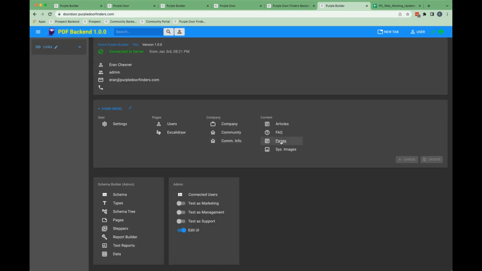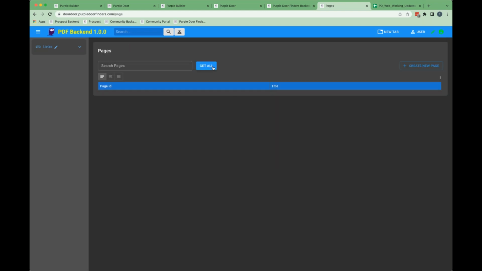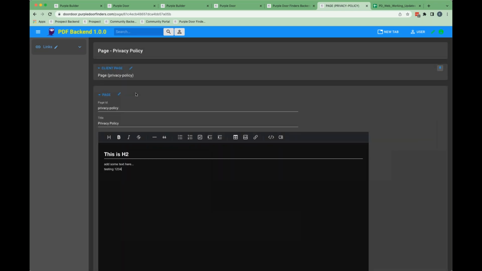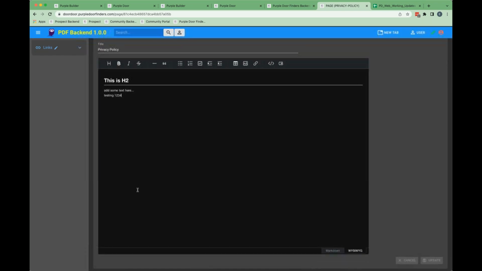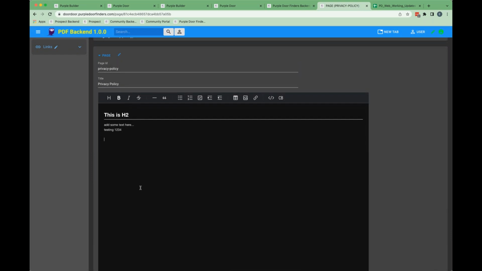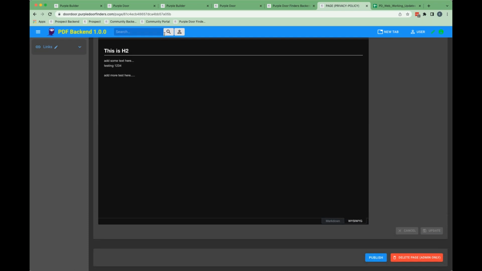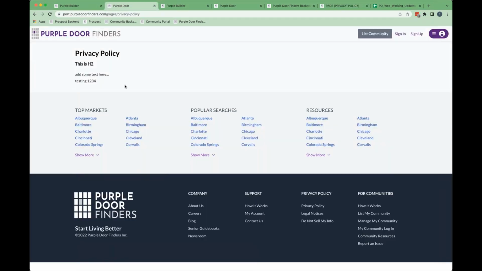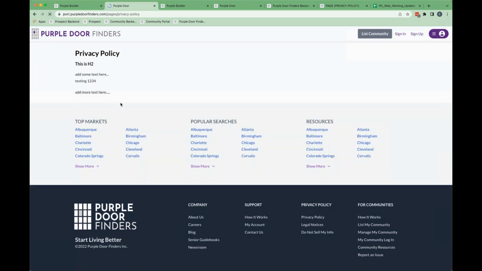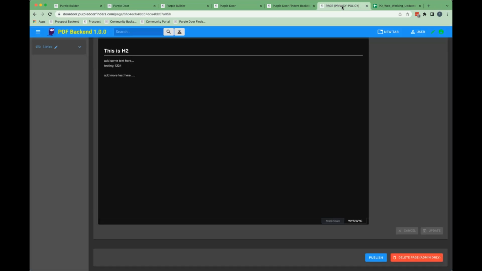If I click on these pages and do get all, and we have privacy policy, I click on it, and we have markdown that we can change and more text here. I can update it and then publish. When we come back here and reload, we get the additional text. So this is getting the data from here.